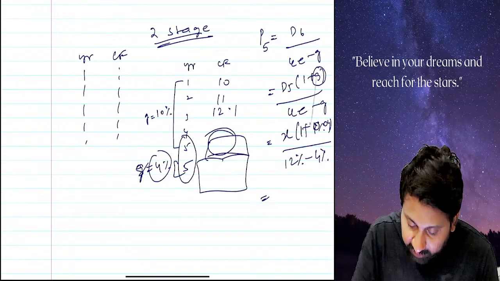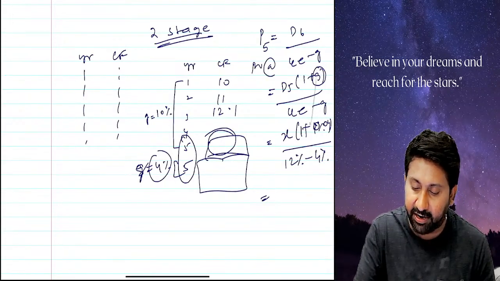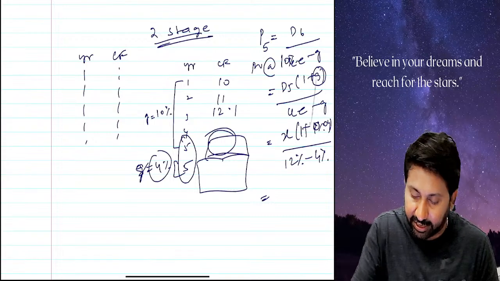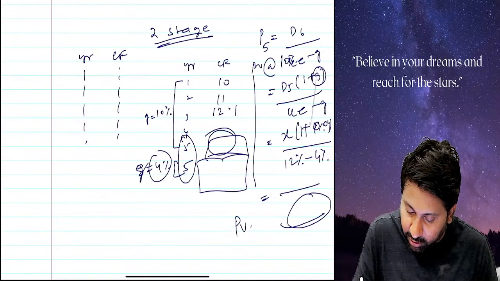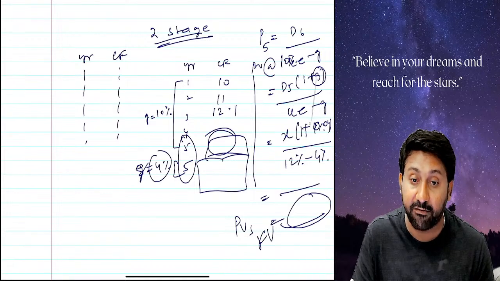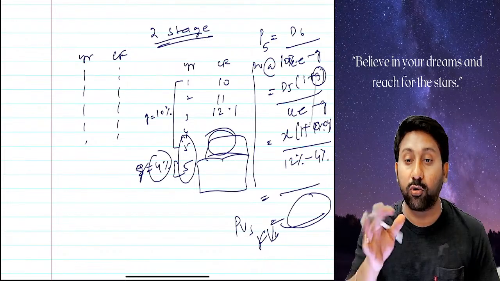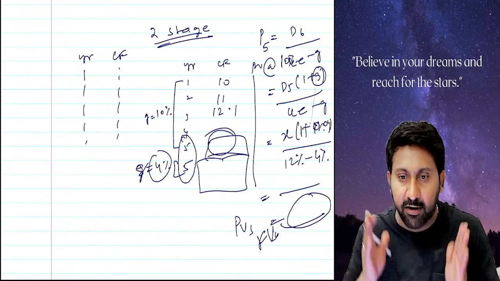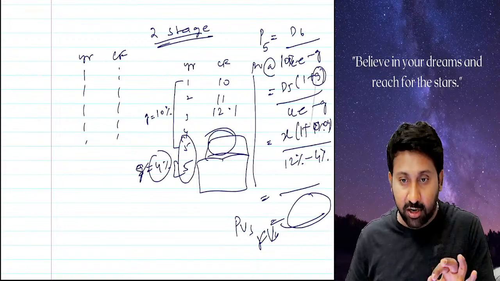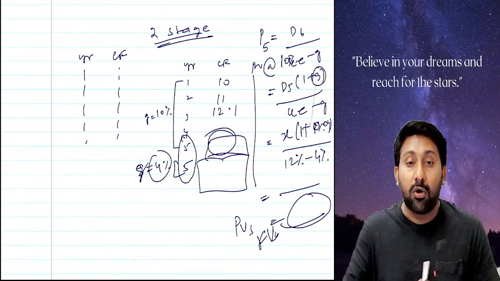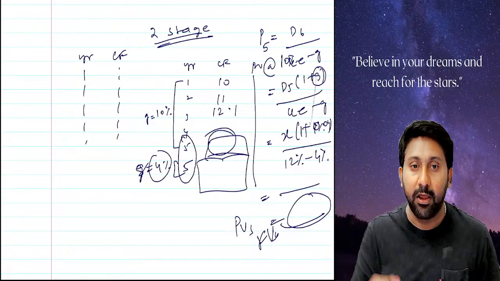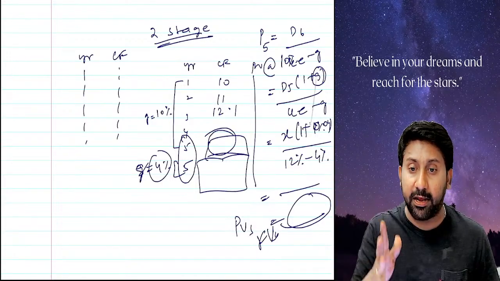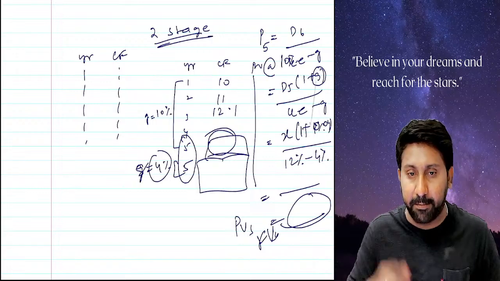Both of these will have a common PV factor. PV at the rate of, say, 10%. You write all the percentages and calculate. This is the present value of the share, also called the fair value of the share. How should the two-stage dividend model be done? What is the meaning of the two-stage dividend model? It is a concept where an investor holds the share for some number of years. After that he wants to sell. Whatever he holds is the holding period, whatever he sells is the selling period.